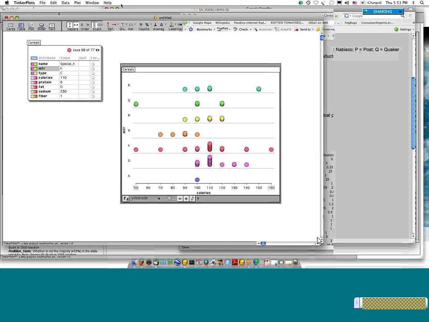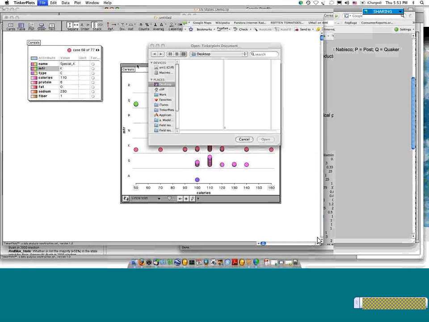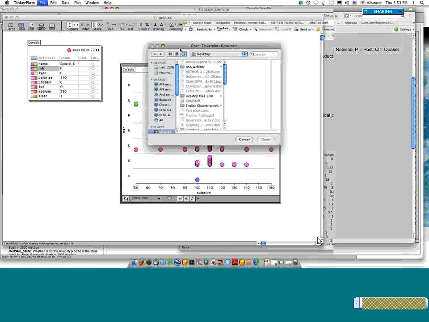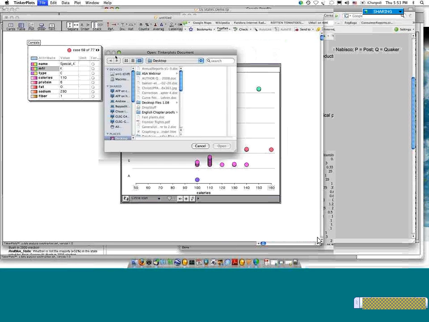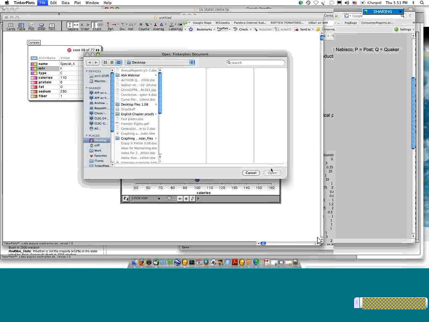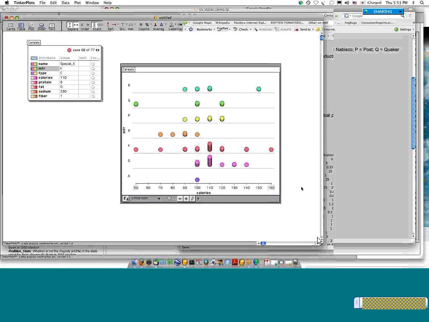The other thing, I think, how many data sets are there with TinkerPlots? I think there are 40 or so. So with each data set, we've included 1 or 2 questions right below the data. That if you wanted to, you could just have students open it up, and the question itself